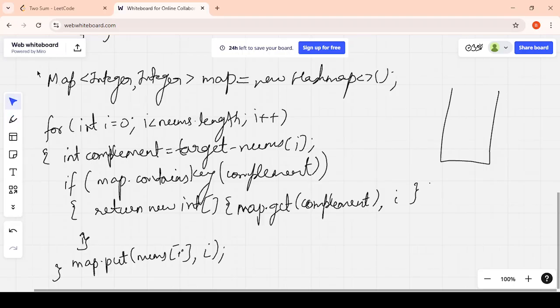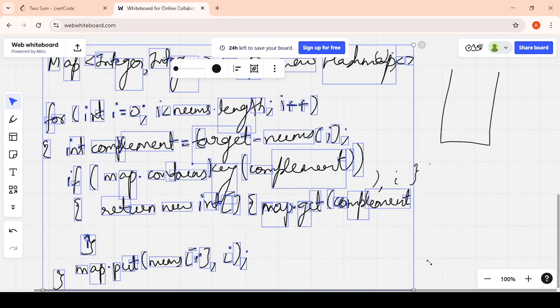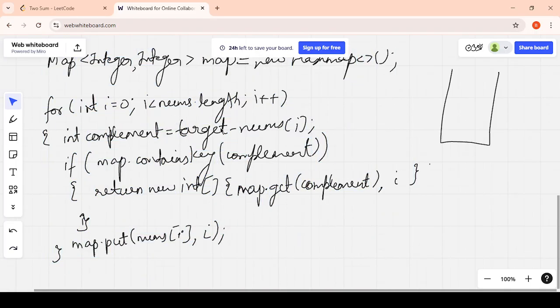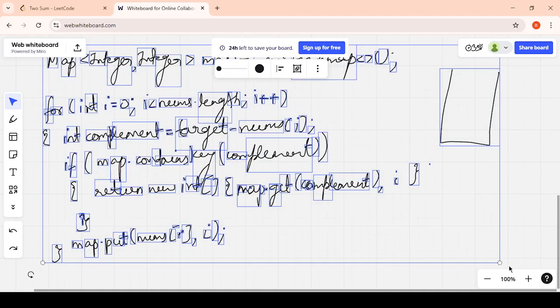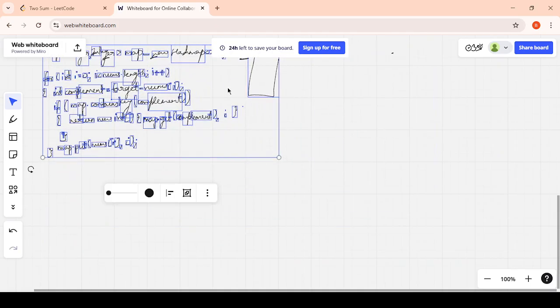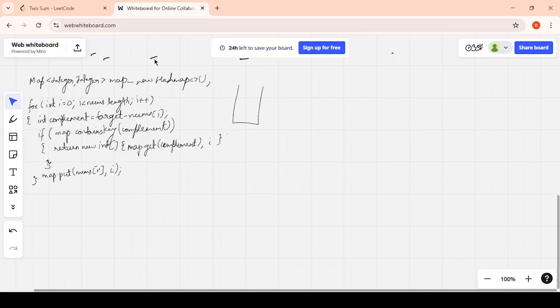Now I will try to run this code. The dashes just moved above, so don't mind it. So suppose it is